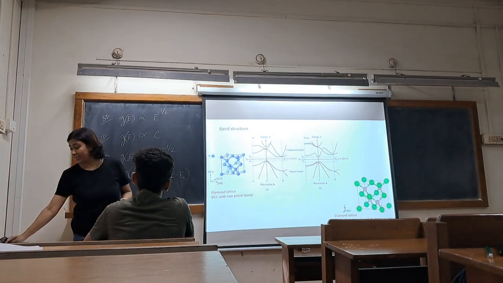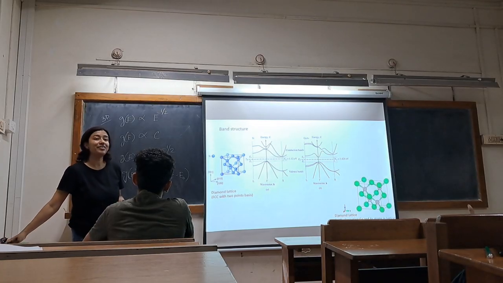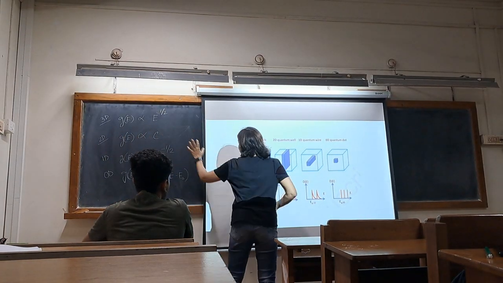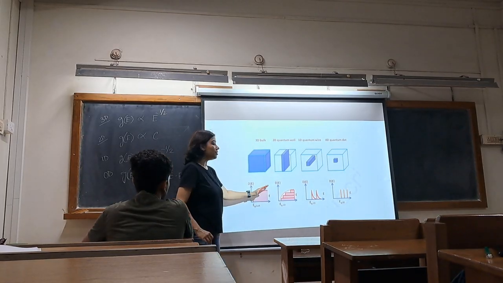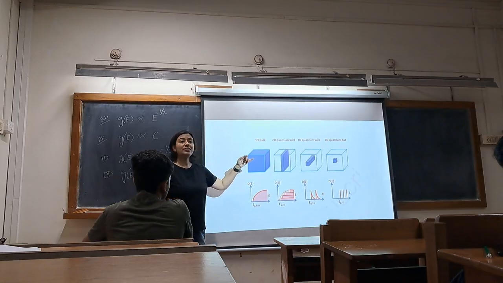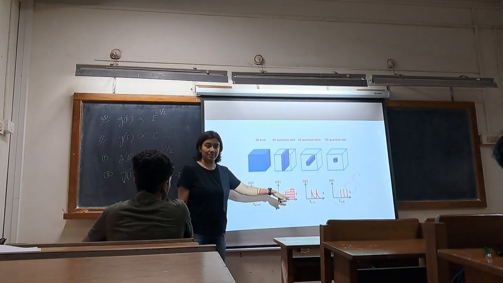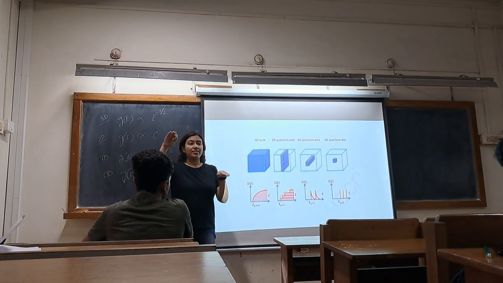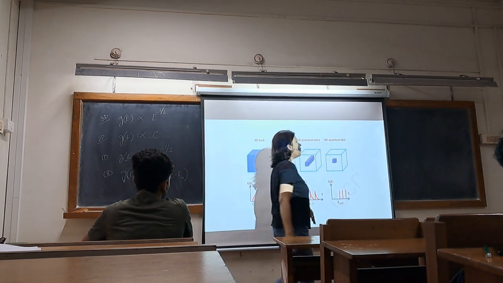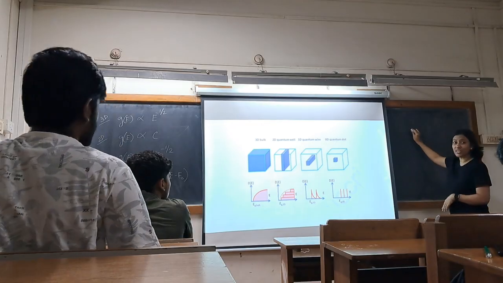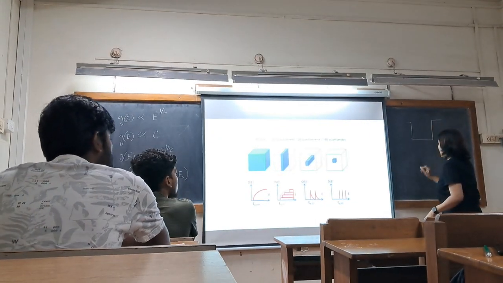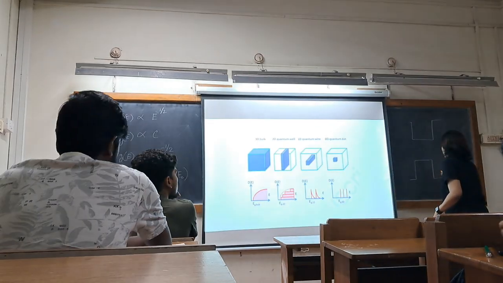Now these are the number of states available at a given energy. So this is what is plotted here. This function is plotted this way. So this is the E to the power half, which we have already done yesterday. For quantum wells, it's independent of energy, so they will be flat. But it looks like stairs because it's one transition and then the other transition starts. Can you see it right here? So if you have a quantum well,